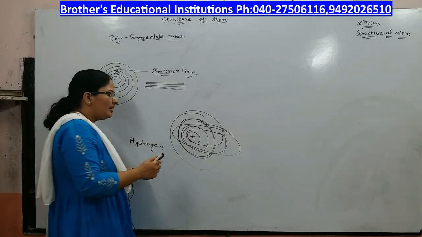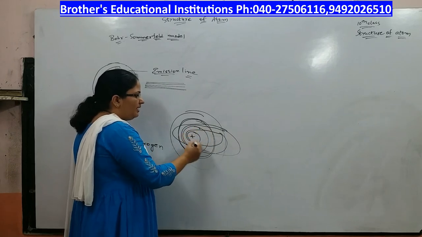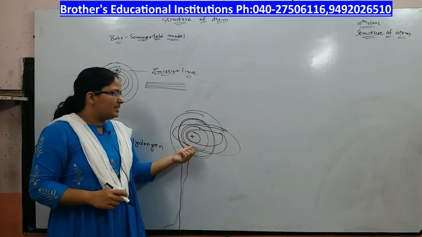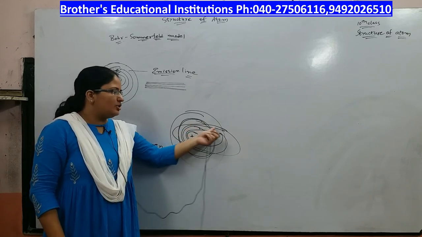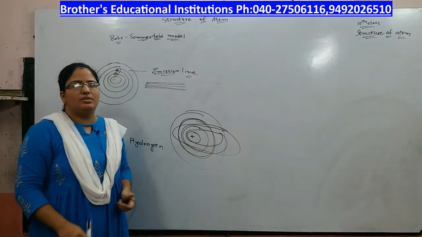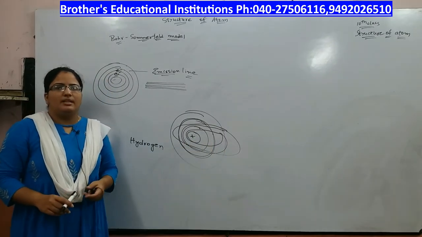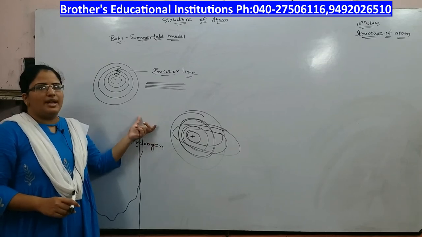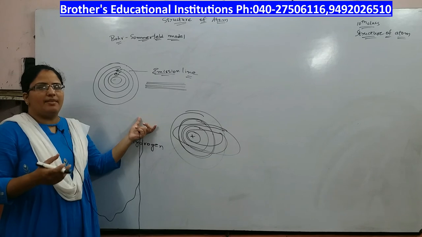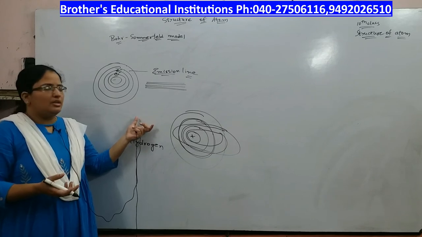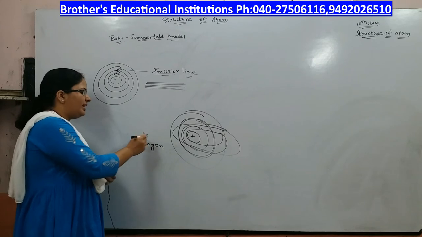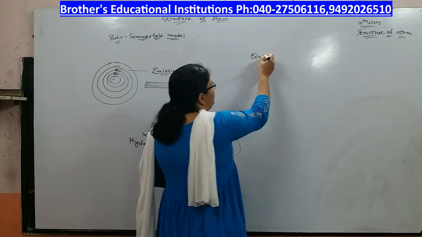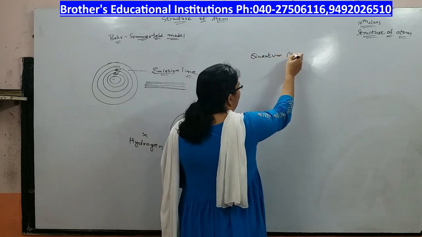Further, the reason Bohr-Sommerfeld introduced elliptical orbits is that periodic motion with a central force gives rise to elliptical orbits. This is why they introduced elliptical orbits, but this could not explain the emission lines for atoms having more than one electron. So this model failed. The next model that you have is the quantum mechanical model of an atom.